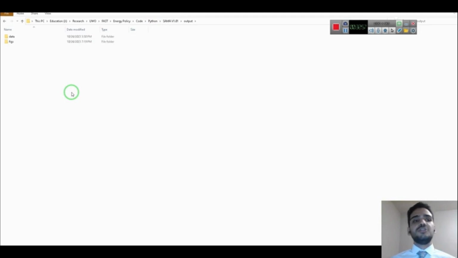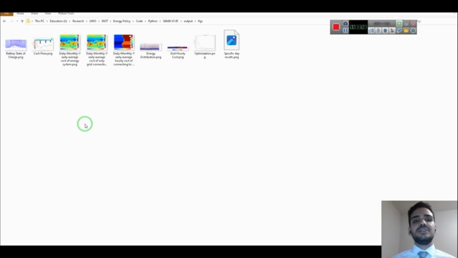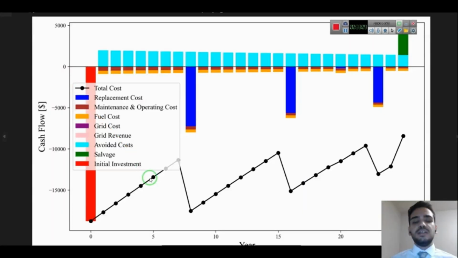For that, you just need to go to the figures folder, and you would see some figures that SAMA has plotted for you, like a cash flow chart. This cash flow chart is provided for the whole lifetime of the project, which provides a great insight into the project lifetime of the off-grid system.